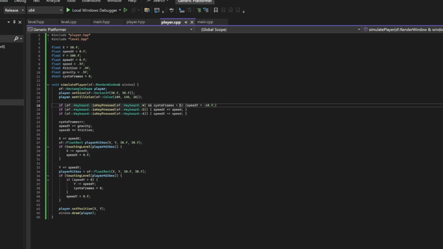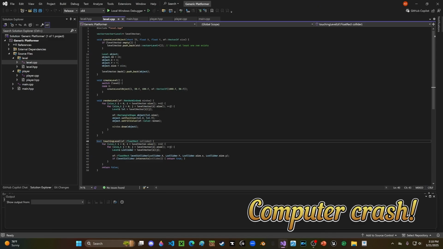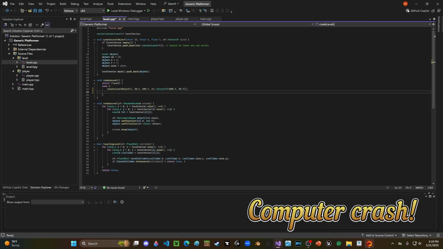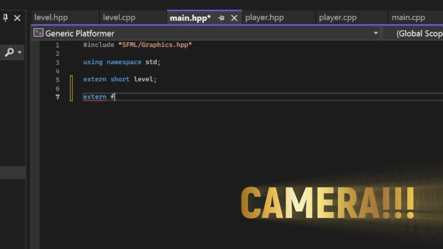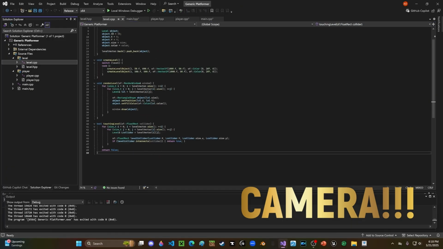And then I'm changing some of the stats in the player, but here's how the player works if you guys are wondering. But then my computer crashed and I lost a lot of footage, but as you can see, we have two platforms and jumping into them works and all that sort of stuff. And then we add a camera for the game